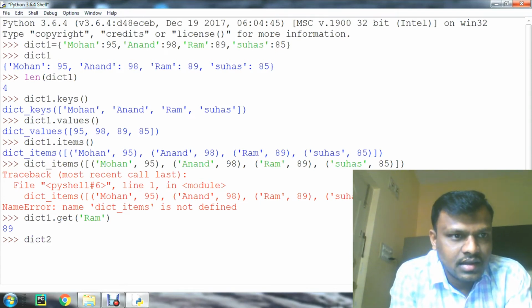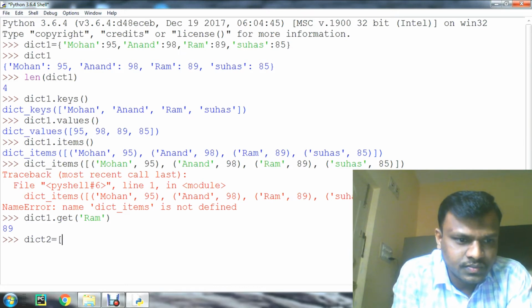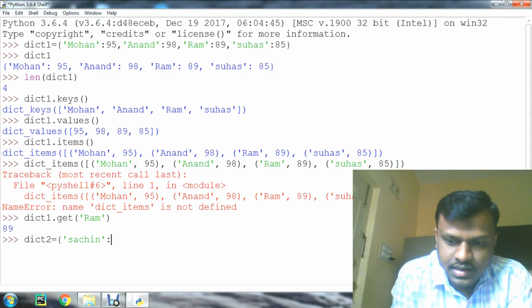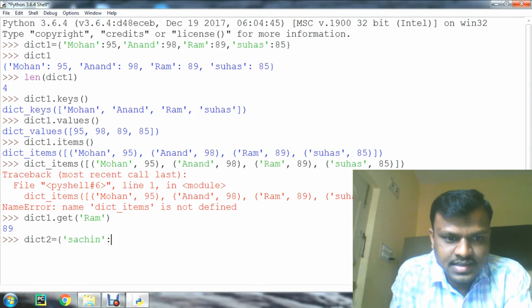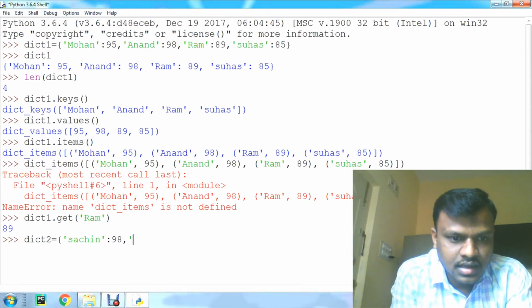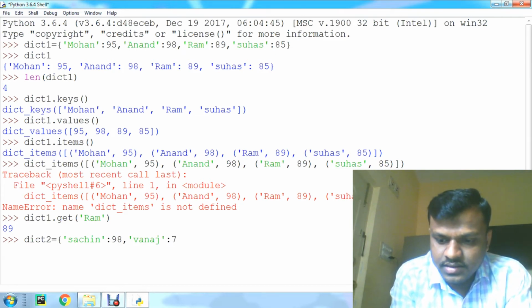Dictionary 2 is equal to, let's say some values. Sachin is the key and the value is 98, and the second one Vanaj and the value is 79.